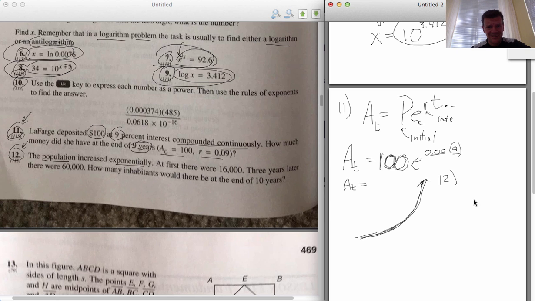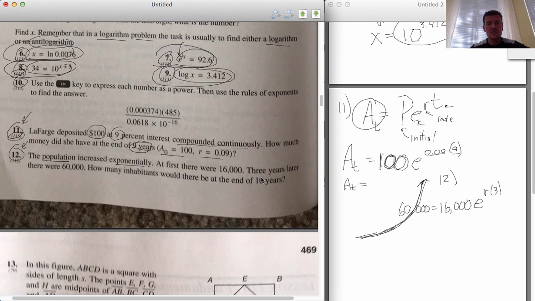At first, there were 16,000. So 16,000 is your P, your initial amount. 3 years later, there's 60,000. They're actually giving you the amount now. They're telling you that 60,000 is how much you have after 3 years. And this is 3. So in this problem, we don't know R. We're going to have to find R first, and then use that R to find out how many people there'd be after 10 years. So you have to take 60,000